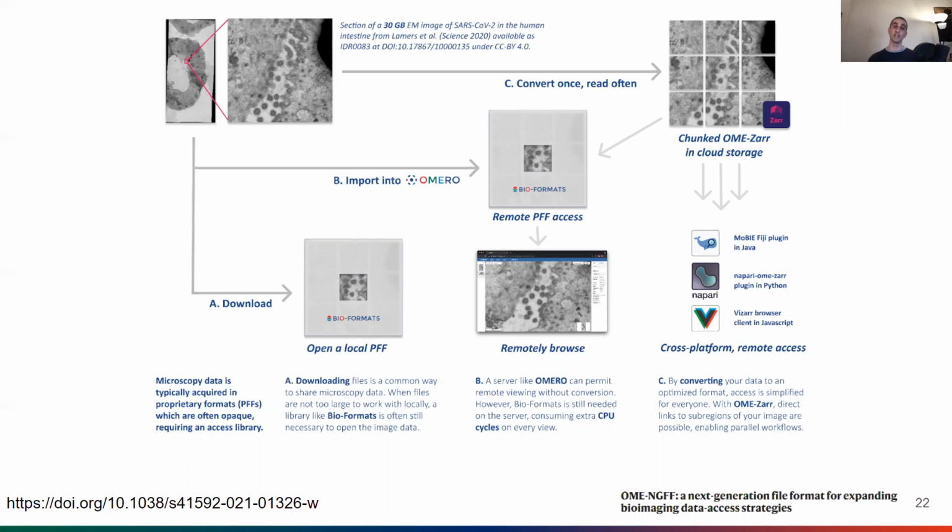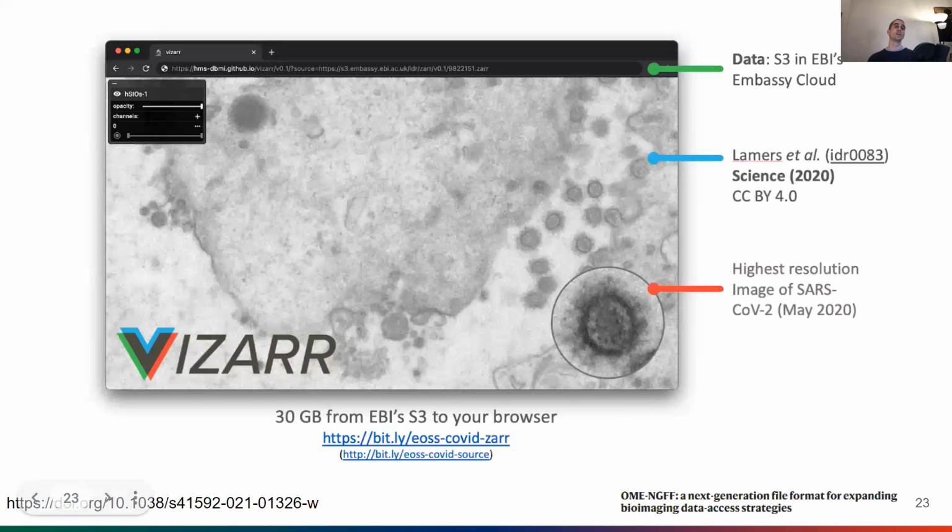So we can go to the next slide. The major aha moment for me was something like this, where you have an application that's written for the browser. This is from Harvard Medical School called VISAR. And you have our data sitting in the cloud at EBI, and there's no server here. So people are remotely accessing this data. So this is the 30 gigabyte file. It could be much, much larger. It could be hundreds of gigabytes. It could be terabytes. You've put your volume of data in the cloud in a form that anyone can start accessing it.